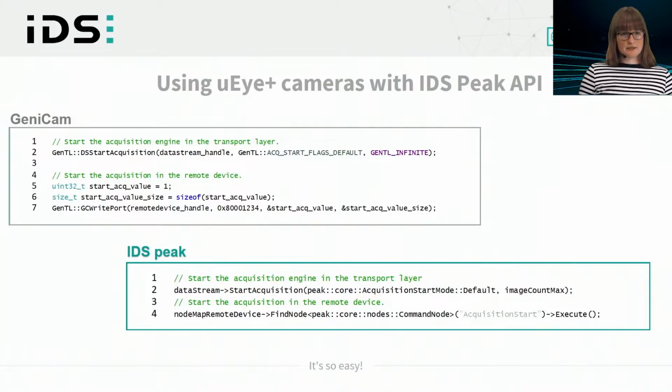And you can also see that it is very easy to read the IDS-Peak code. It is very comprehensible, while with GenICam, you have to know exactly, for example, which register you have addressed, and much more. So with IDS-Peak, you have an easy start with the IDS cameras, even if you're not familiar with cameras yet.